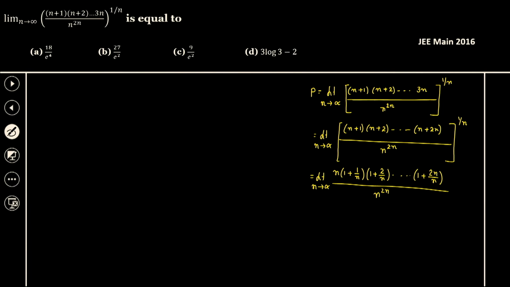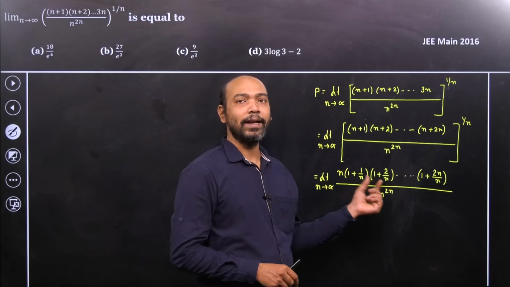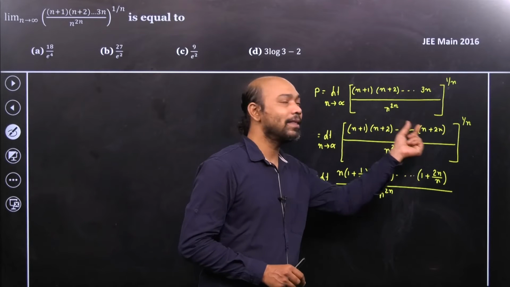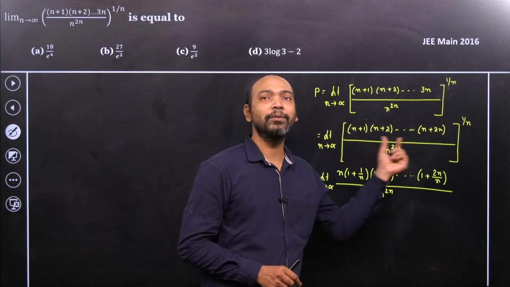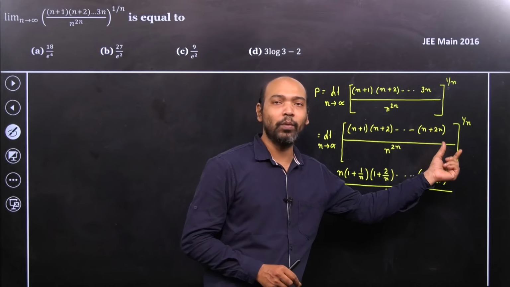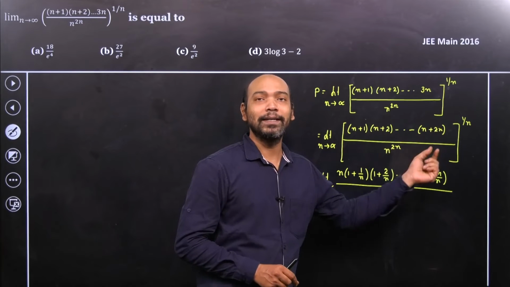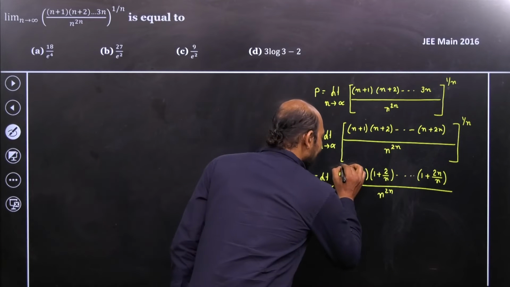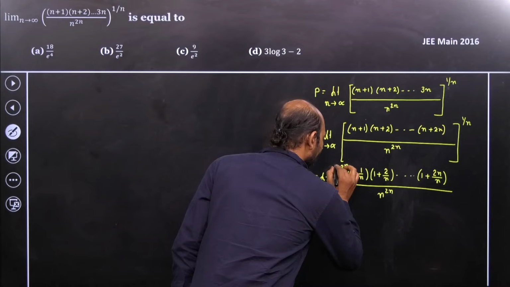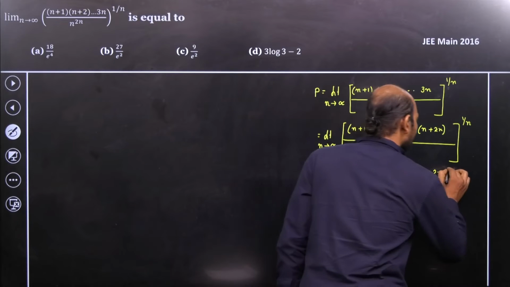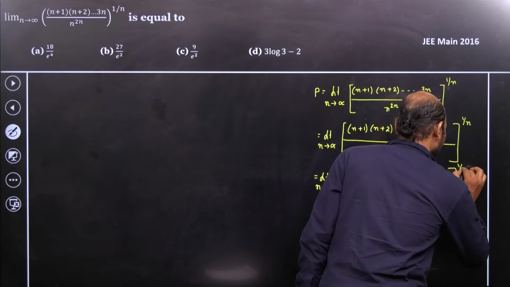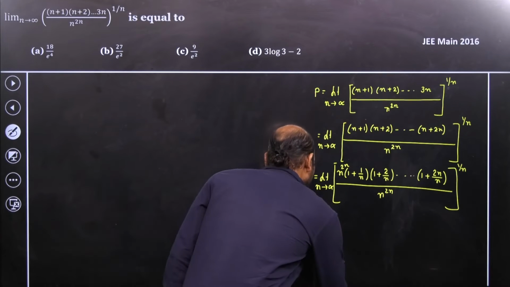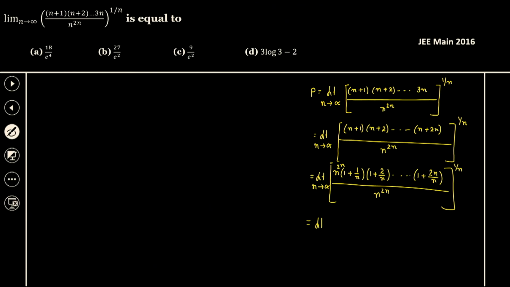Now see, everywhere I take n common, from first, second, third. So how many times do we take n common? We take n common 2n times. So therefore, this is n to the power 2n, and hence those 2n terms get cancelled. So therefore, my limit can be easily written as the limit as n tends to infinity